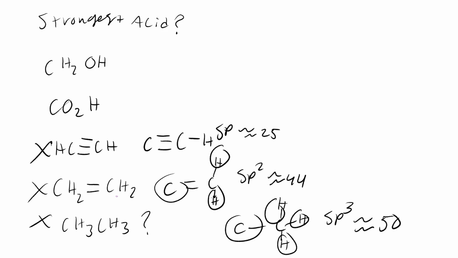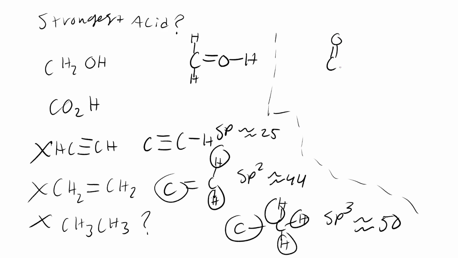All right. So notice that the carbon-based ones are pretty weak, so they're not going to be good acids. But what about the oxygen-based ones? All right. Well, the oxygen-based ones, let's draw this out. Let's have carbon with some hydrogens, and we will have oxygen double bonded like that. Okay. Well, that's nice. It doesn't tell me anything about pKa. What about the second one? The carbon double bonded with an oxygen,